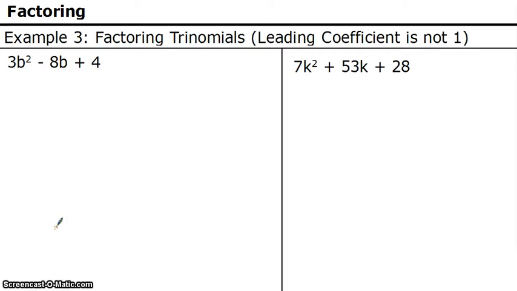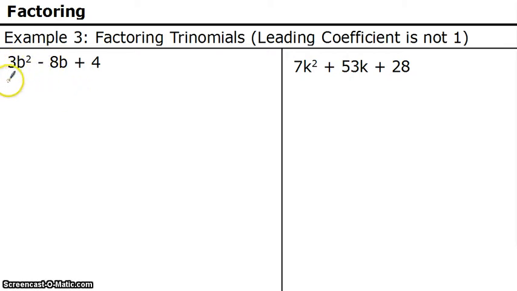All right, we're going to finish up factoring trinomials here. The last thing we need to do is factor some trinomials that have a leading coefficient that's not 1. So basically anything with a number in front of the x squared, or in this case b squared term. All right, so we did a couple of these on the last video where we were able to take it